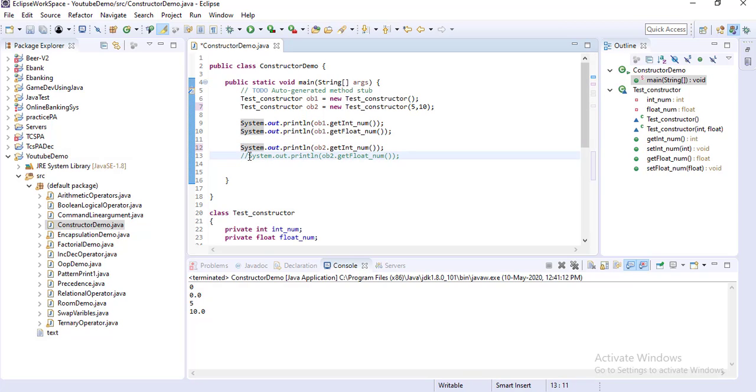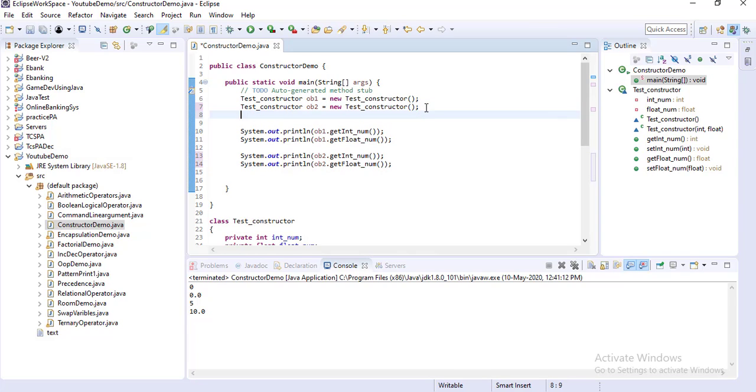But if you comment out this line, or just remove it, and you want to send some values, then in that case you have to write object ob2 dot